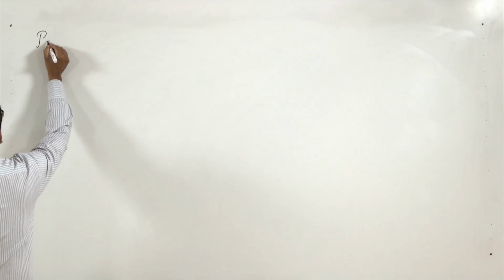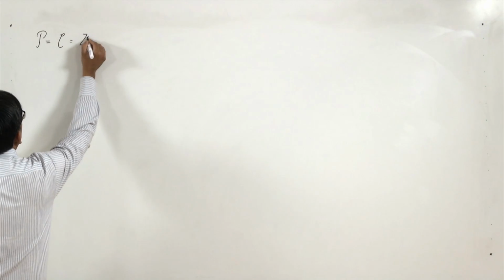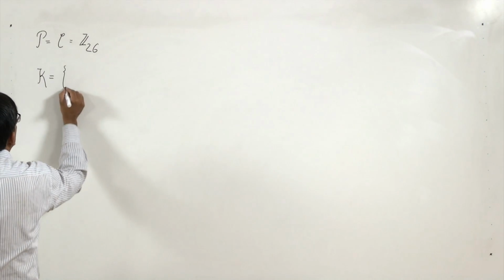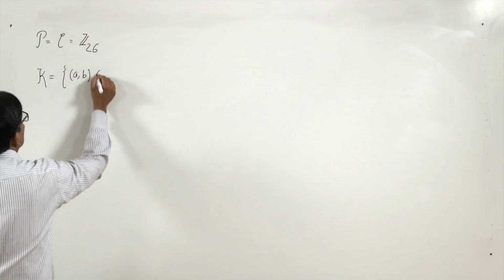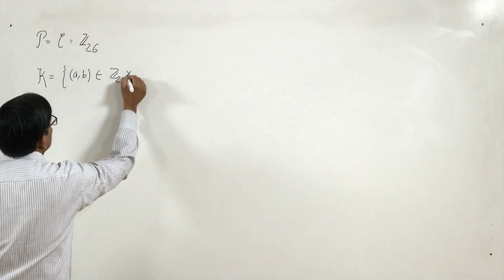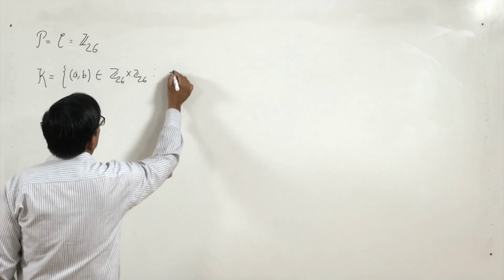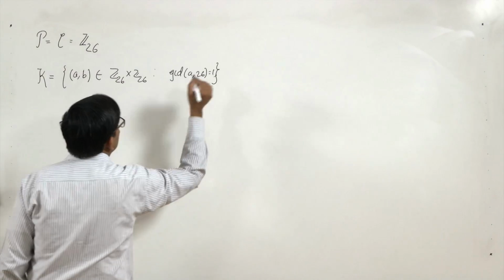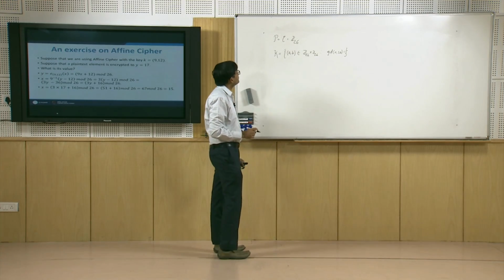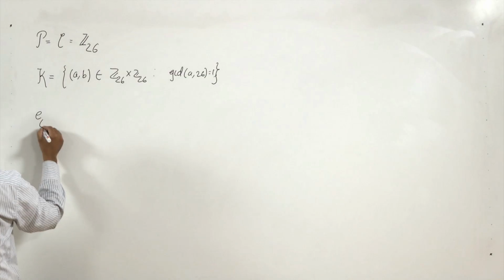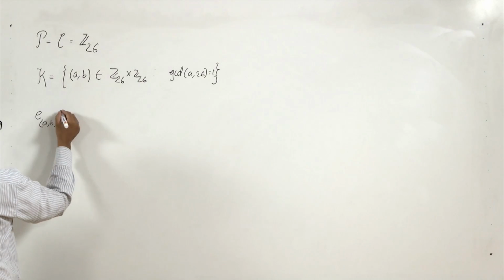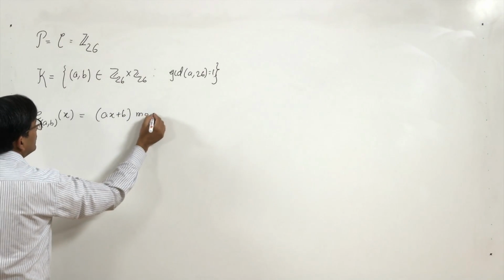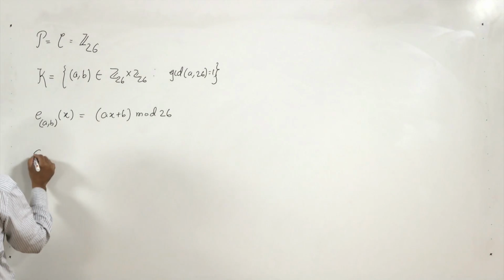In the case of the affine cipher, P equal to C, both are equal to Z sub 26, and the key space K is an ordered pair of elements of Z sub 26 such that GCD of A and 26 is 1, and B can be any element in Z sub 26. The encryption function E sub A comma B when it operates over X is AX plus B mod 26